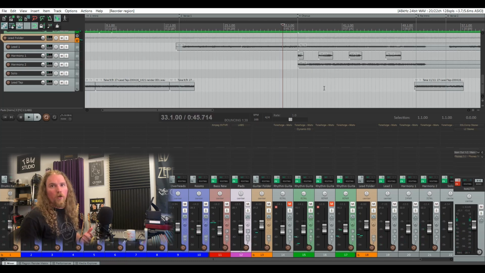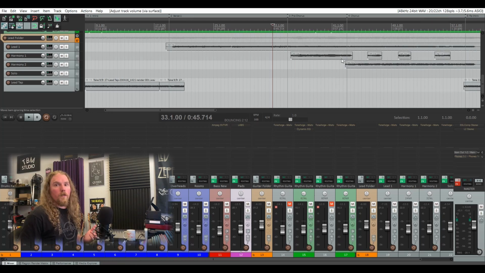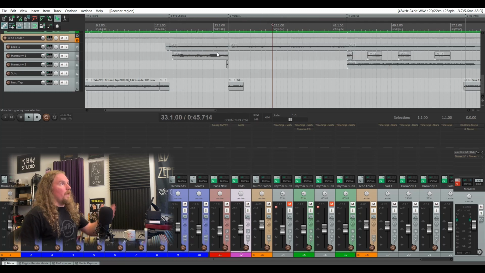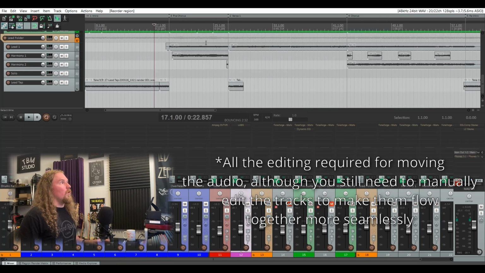Now obviously that's a jarring split, that's not something I would want to do, but it's super easy to just hear how your song would sound without a section there. Or, for example, if we wanted to hear that pre-chorus between the intro and the verse, we could simply grab the pre-chorus region, move the little marker until it sits right in between verse 1 and the intro, and pop it there. And same sort of thing, it moves the region over there, does all the editing and moving of audio files that needs to be done, and you can simply go from your intro